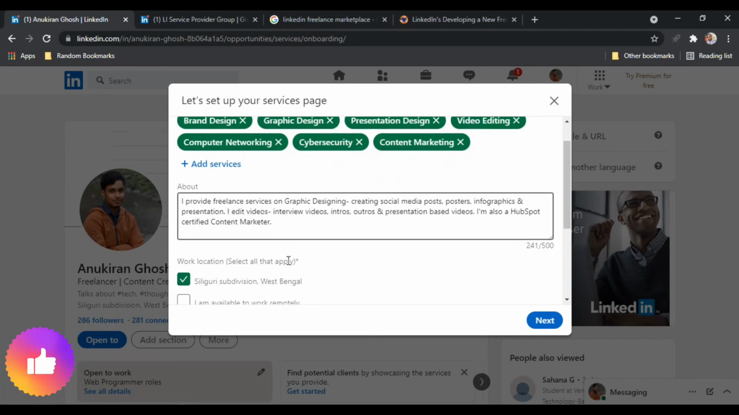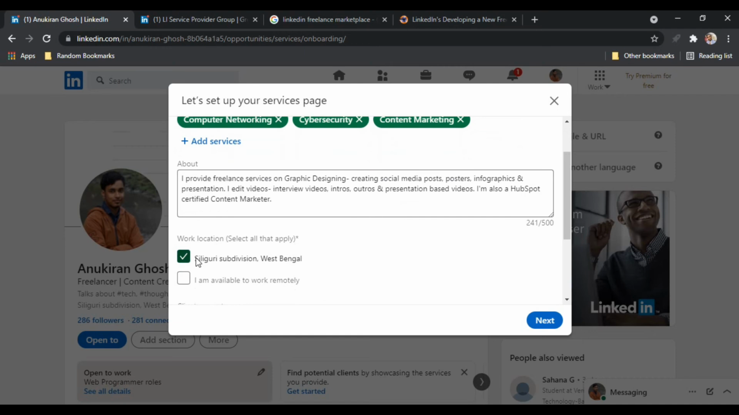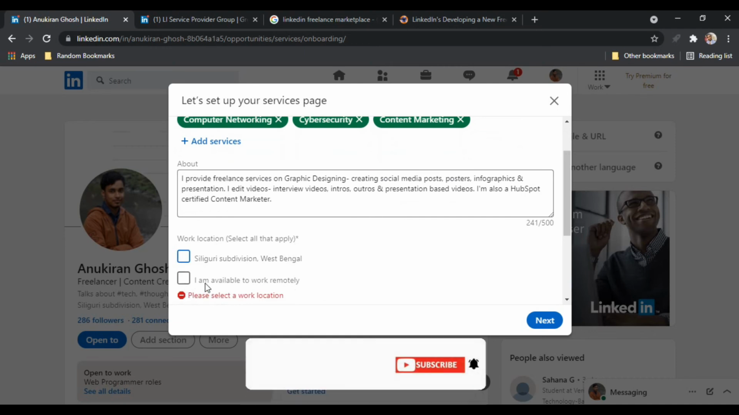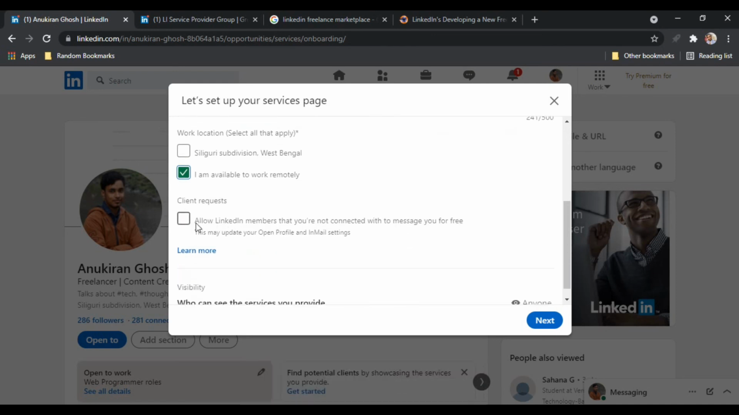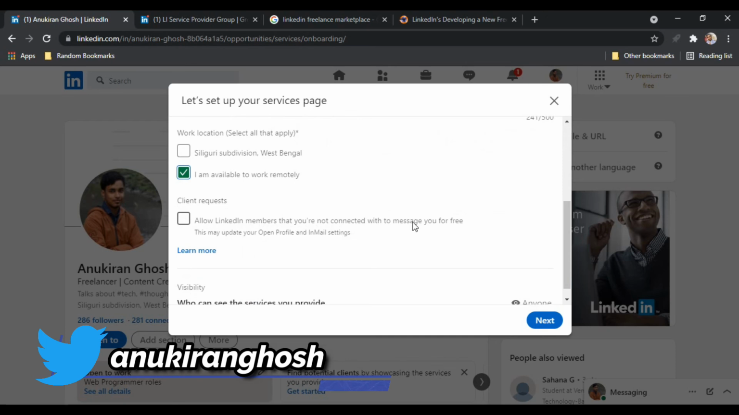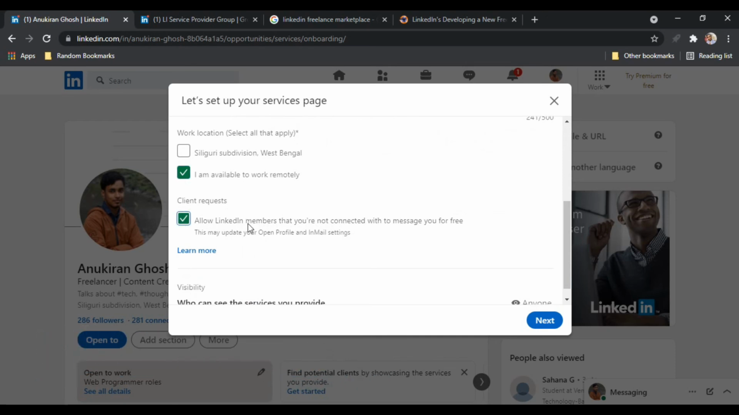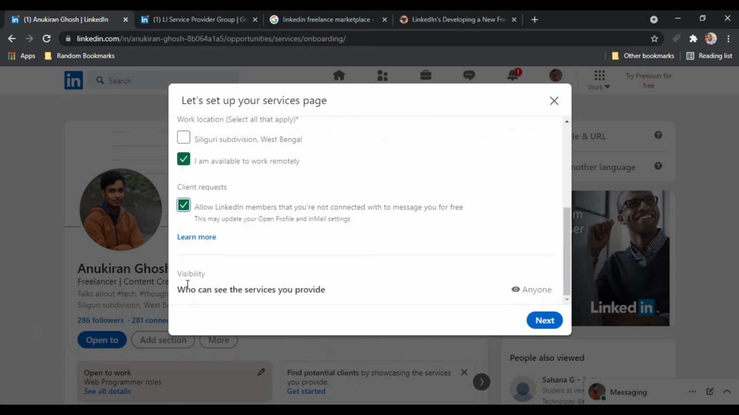And then you can click on work location. You need to click on I am available to work remotely so that clients can reach out to you, and then click on allow LinkedIn members that you are not connected with to message you for free. Click on the checkbox, and then under the visibility option you can see who can see the services you provide. Make sure the selected option is anyone. Then click on next,